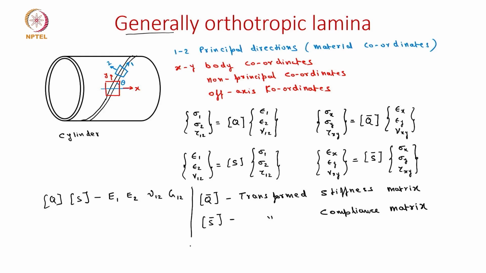But now when we are discussing the transformed stiffness matrix, we will again use the same elastic constants, which are E1, E2, nu12 and G12, but in addition to that we also need to define the orientation angle theta. So, we need 4 plus 1, 5 constants to be able to write this transformed stiffness and the compliance matrix. So, now let us start with stress transformation and see how we can write the stresses